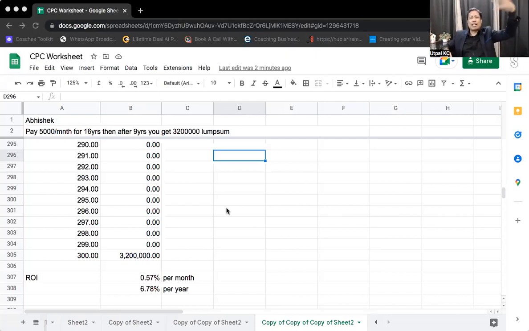What are the different types of mutual funds? You tell me. There are equity mutual funds, debt mutual funds, and money market mutual funds. In equity mutual funds, there are different types: index fund, large cap, mid cap, small cap, and also sectoral funds. And in the case of debt funds, how many types? Long duration, mid duration, short duration, low duration, ultra low duration. Then there is money market. There are different types of fruits.